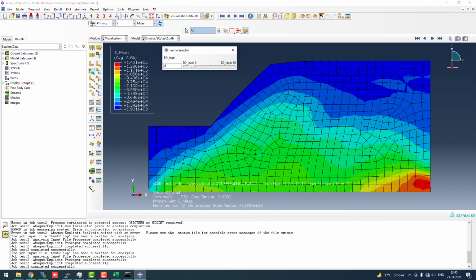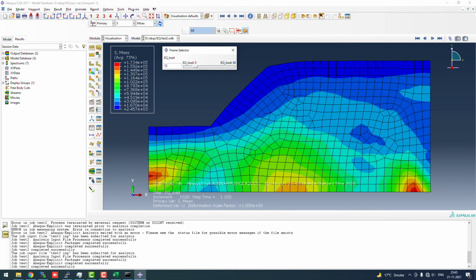Because we have applied the roller boundary condition to these vertical boundaries, we are not seeing any motion which is far from fixed. So the roller boundaries are working that way, but the bottom node which we have exempted from the roller boundary is moving.